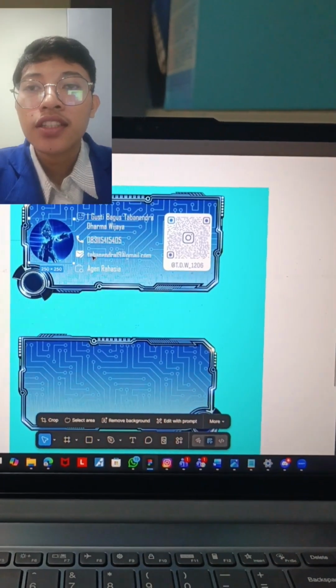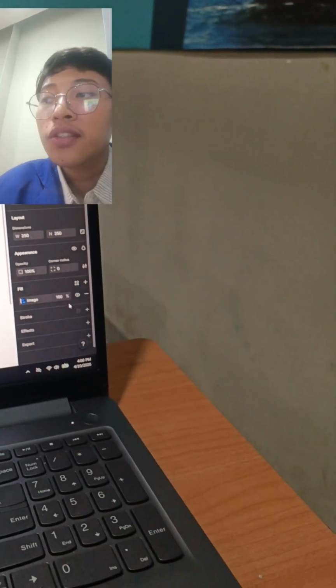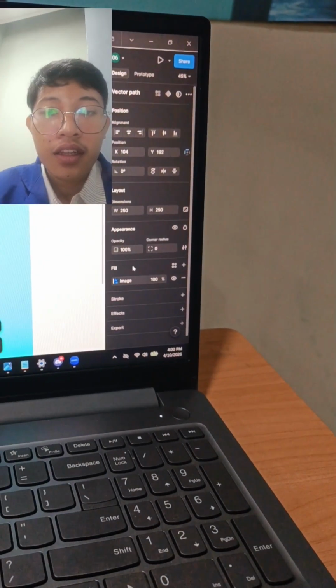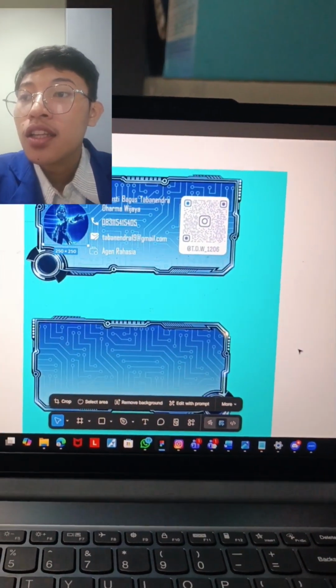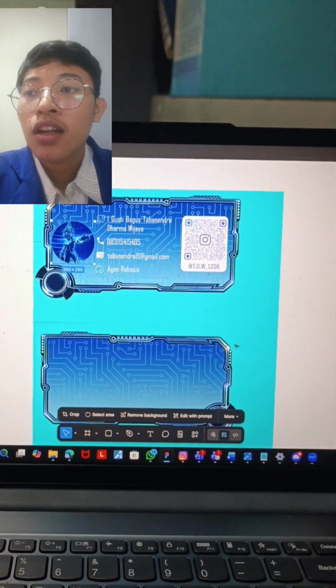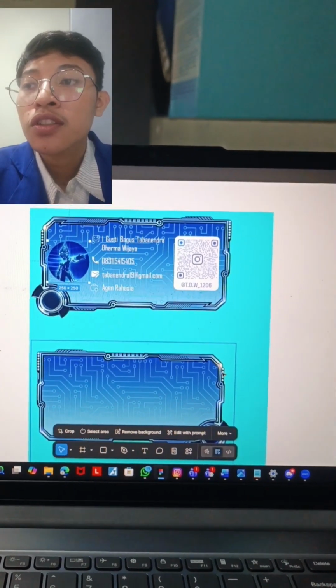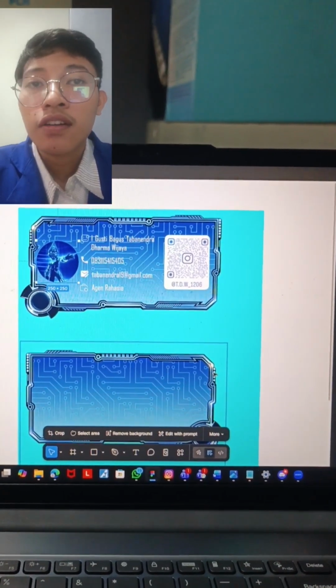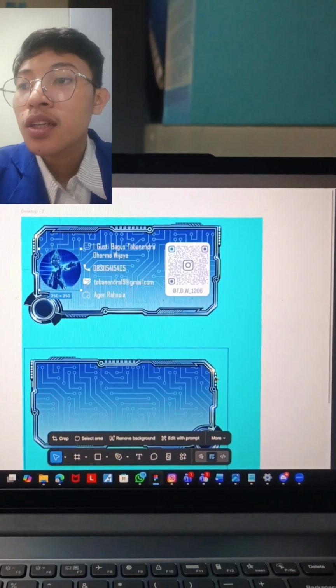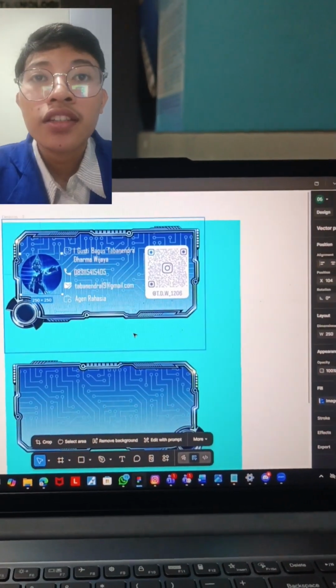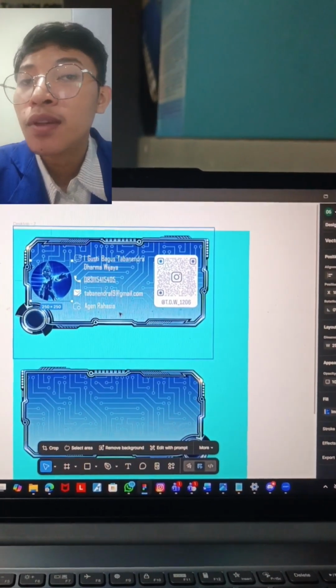Okay, for the aesthetic, I use the fill panel. I didn't just choose colors. I use color theory to ensure sufficient contrast between the background and text, for accessibility.